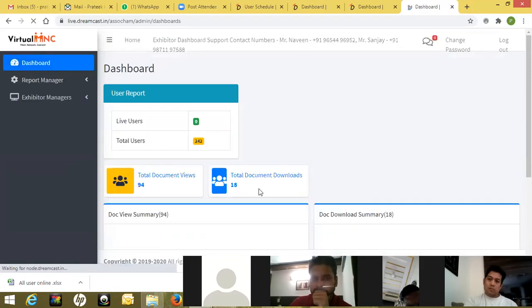Apart from that, you can see another tab, total document download. This feature we do not have in our platform for Globis specifically, because of security reasons. We did not want to share the documents without anybody's consent, so we have removed that. But if you wish to share your documents with any particular visitor, you can do that over a chat window. When you're chatting with anybody, you can upload your documents in the chat window, and the other person can download it. I'll give you a view of that also. From the back end, nobody has the access to download any of your documents, neither a visitor nor an exhibitor.